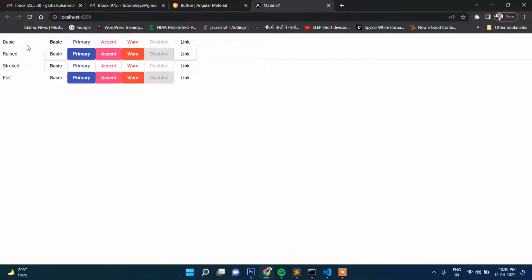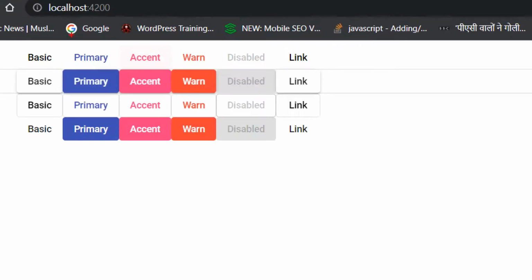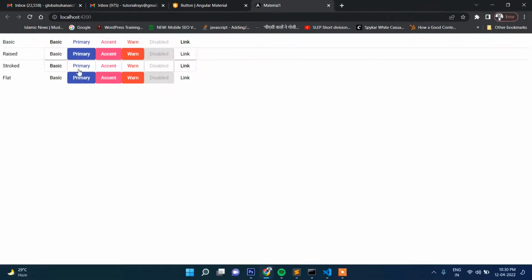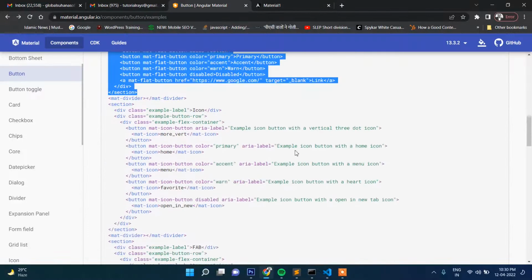And also in the basic one, you can see when you place the mouse, there is some kind of hover, but in the flat one there is no hover here. So now